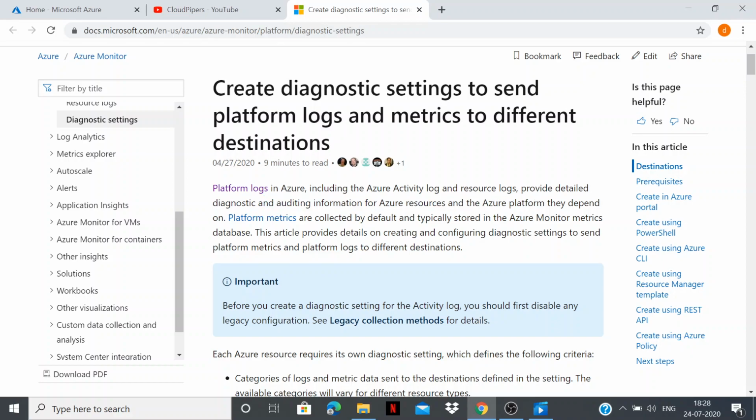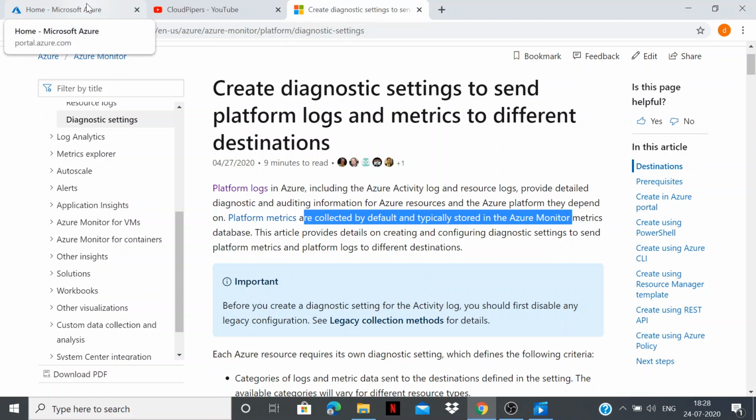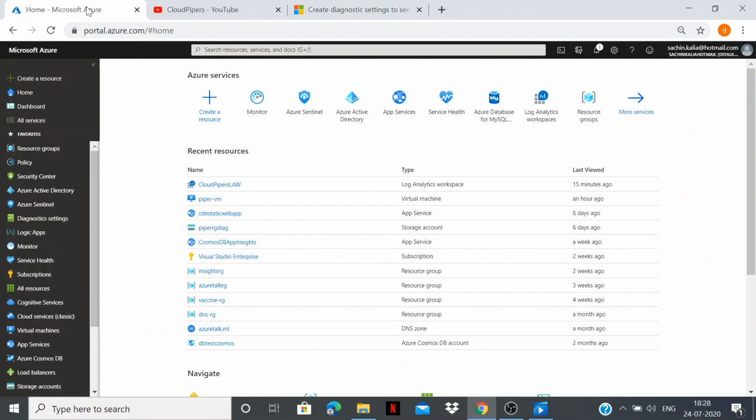Platform metrics are collected by default and typically stored in the Azure Monitor metrics database, but in today's demonstration, I'll explain how we can send all those activity logs and administrative logs to a Log Analytics Workspace. So let's jump into the demo.